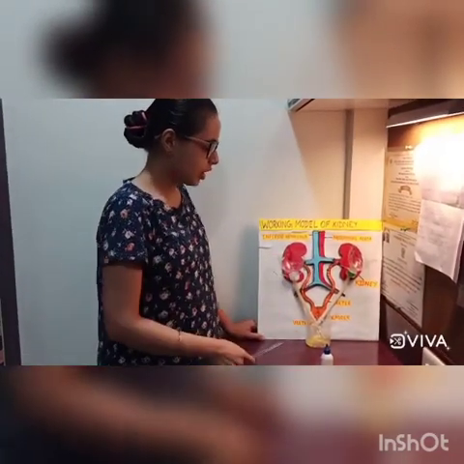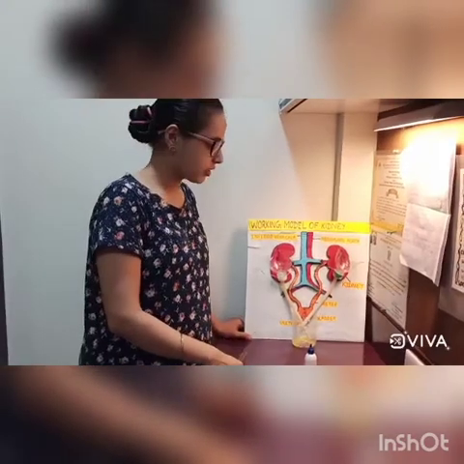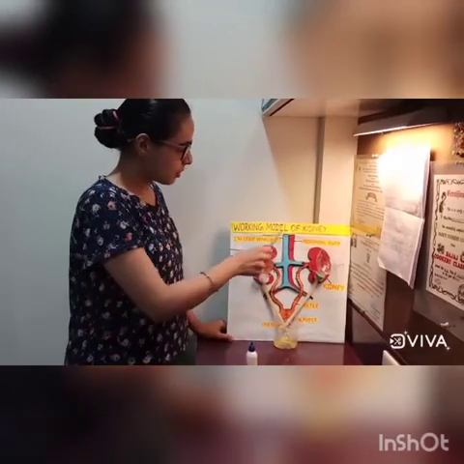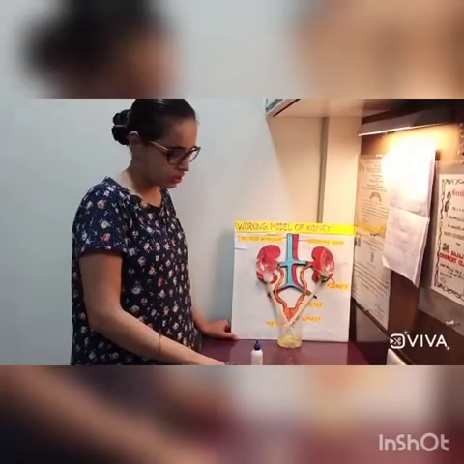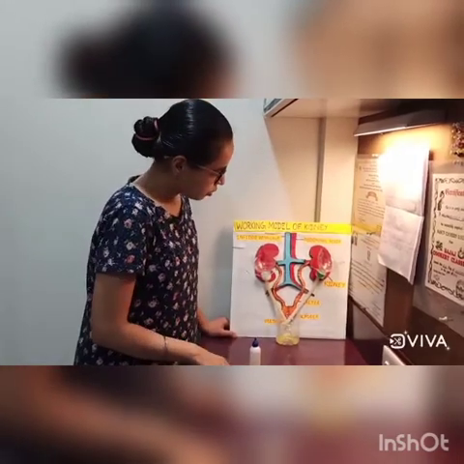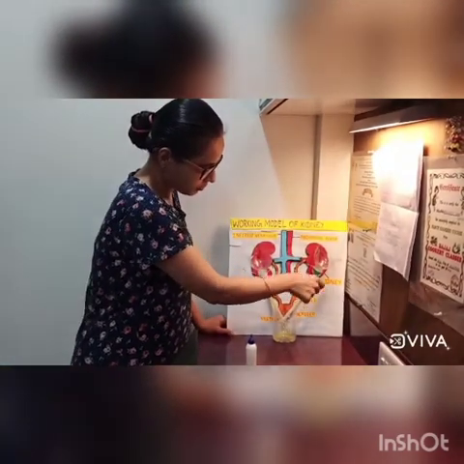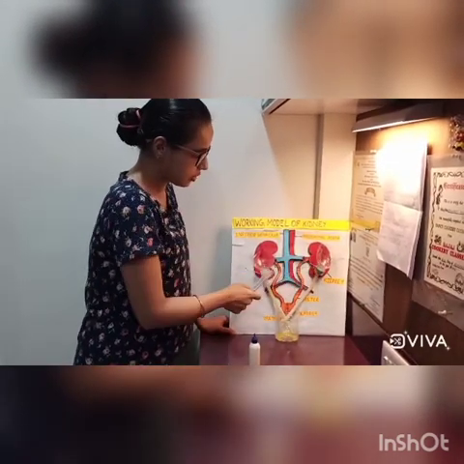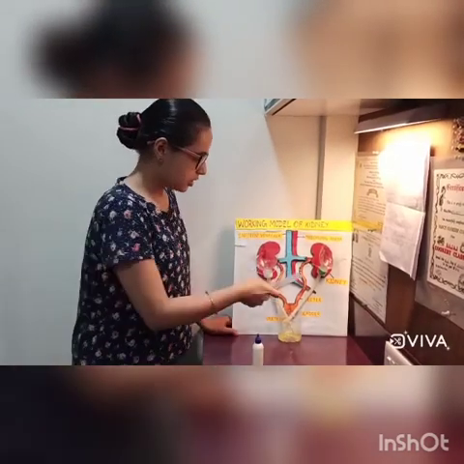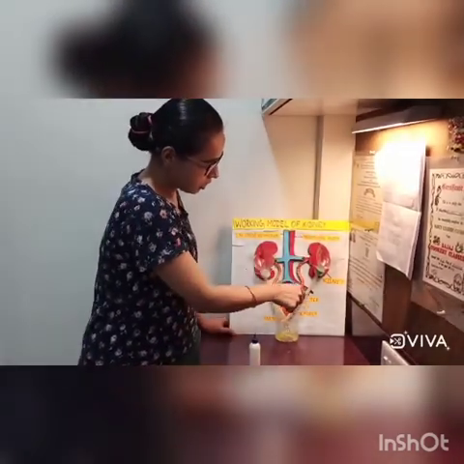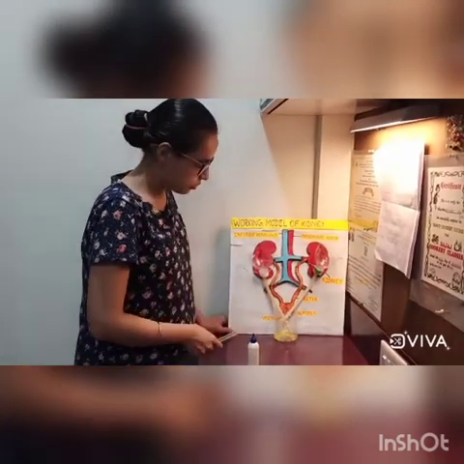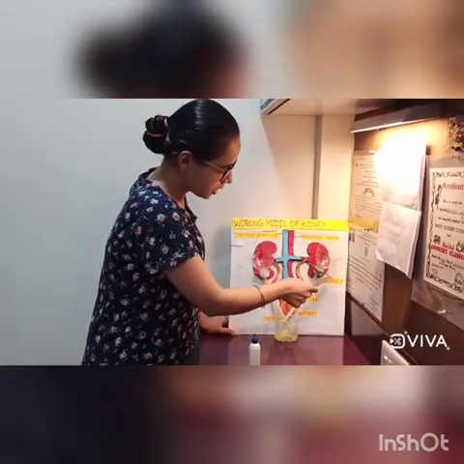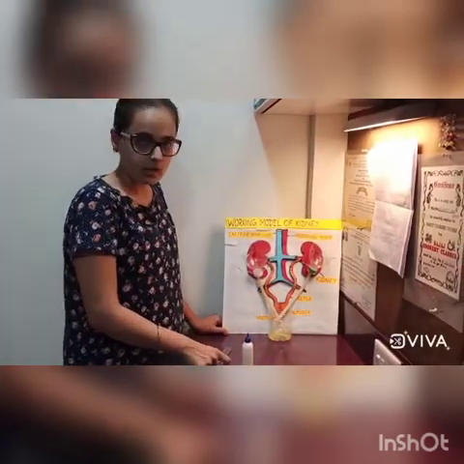Over here I will be showing you how the filtration process occurs, like when water enters the kidney from the inferior vena cava for filtration. When water comes into the kidney, it goes through the ureter. These pipes indicate the ureter, and these cut bottles indicate the kidney. This is the bladder, another half bottle. So when water comes into the kidney, it gets filtered and comes into the bladder through the ureter.